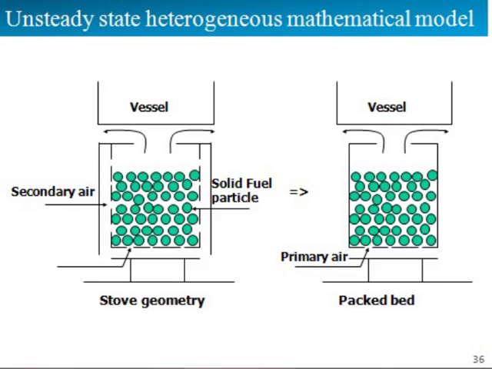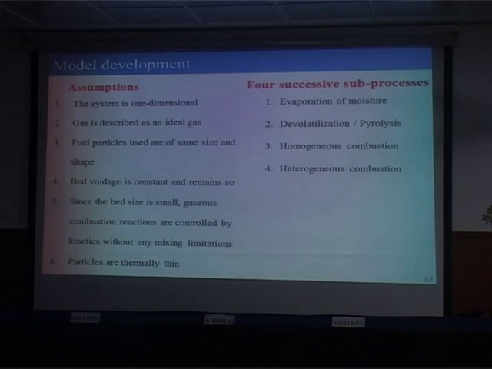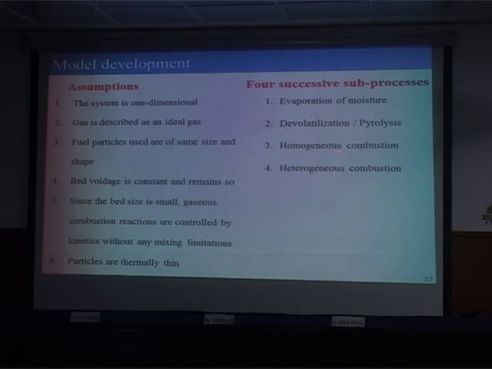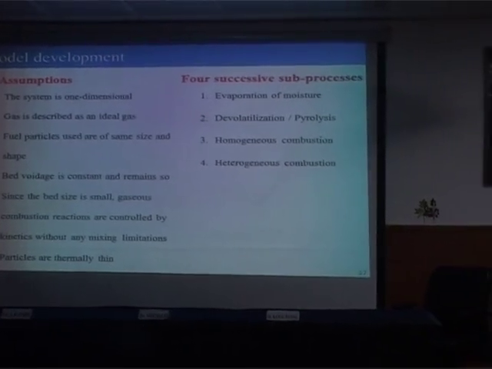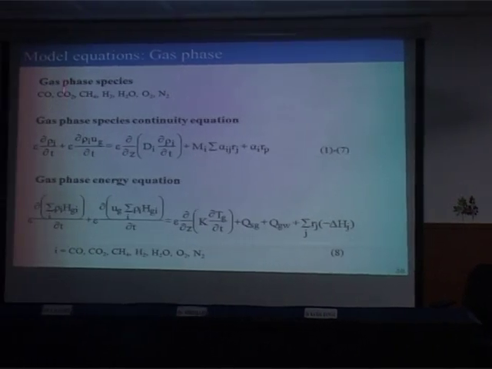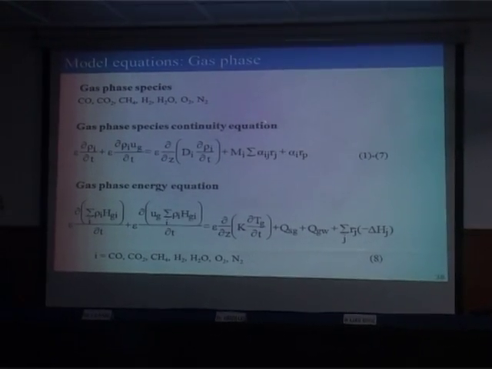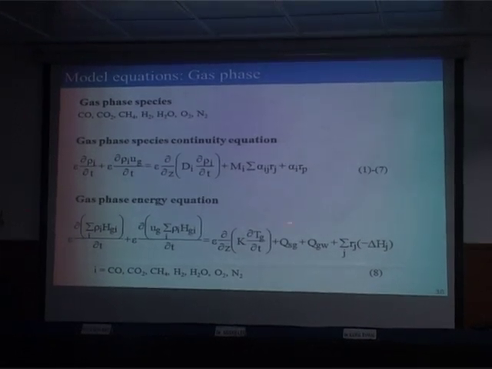So this is the basic schematic of the model. You have secondary air from the annulus, primary air introduced at the bottom, and you have a combustion front, and at the top you have a vessel. I will show you some photographs. So we make these assumptions as any chemical engineers do, and the 4 successive steps are modeled: evaporation of moisture, devolatilization or pyrolysis, homogeneous combustion, and heterogeneous combustion. So I can write the model equations for the gas phase continuity equation, gas phase energy equation,